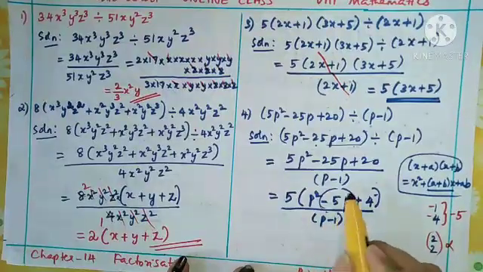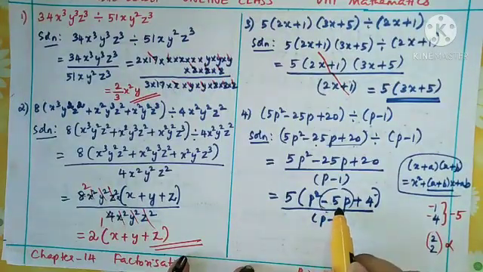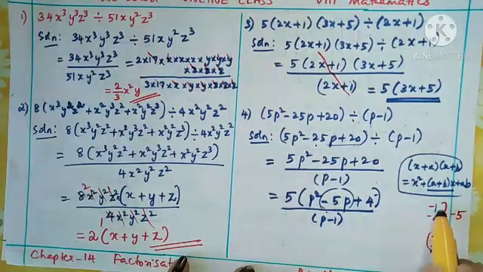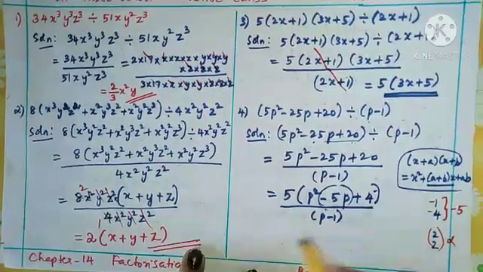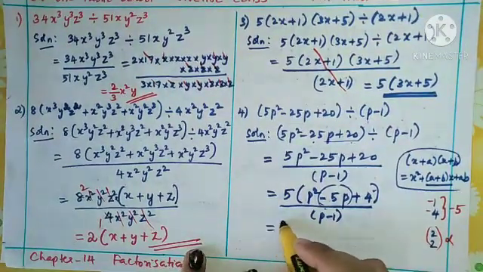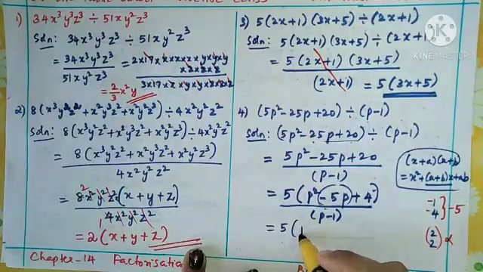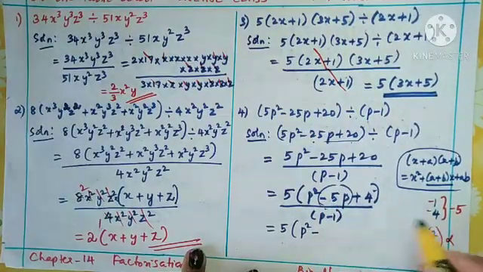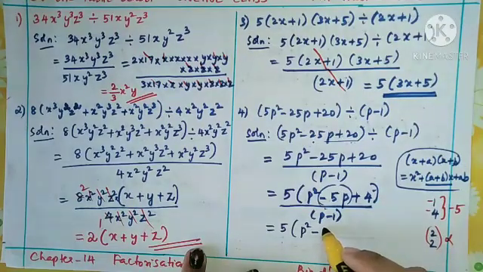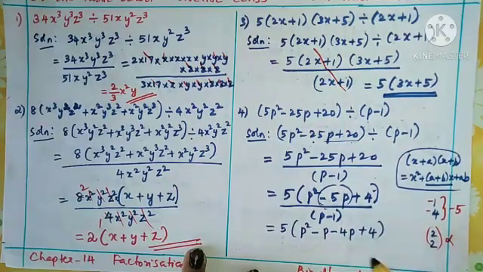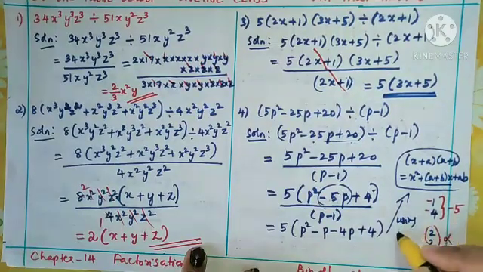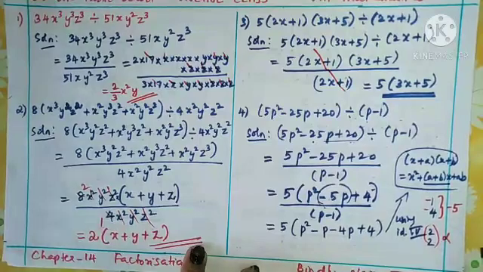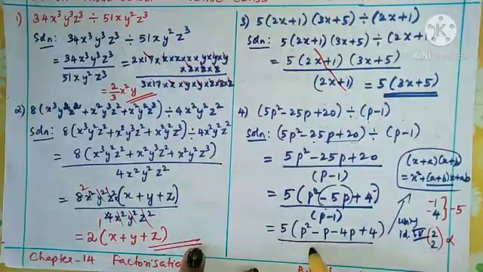So this middle minus 5 can be written as minus 1p minus 4p. Understood? Yes. So that way we are going to write. So this is very important, how to select the two numbers. So p square minus 5p I am writing as p square minus 1p, 1p means p, minus 4p plus 4. Okay. So how we wrote this? Using this identity, the fourth identity. Okay. Yes. Now here the denominator is p minus 1.